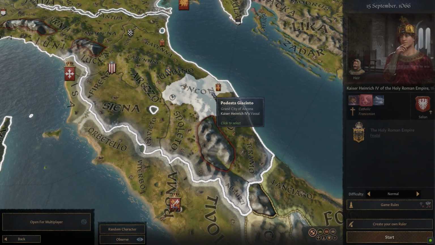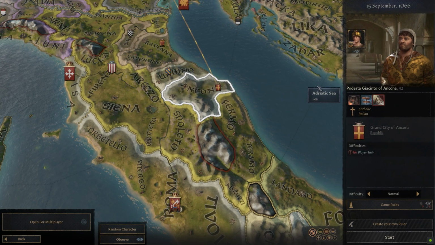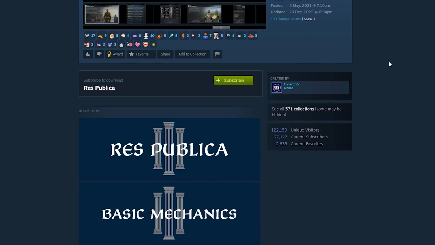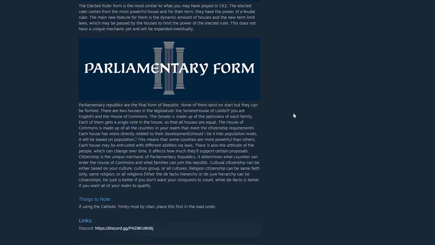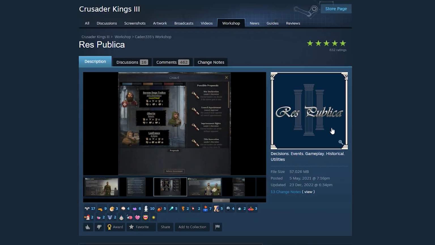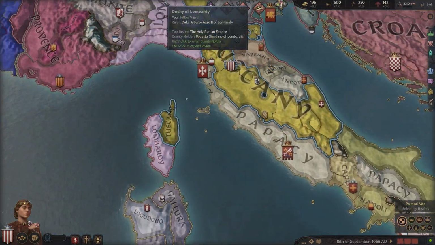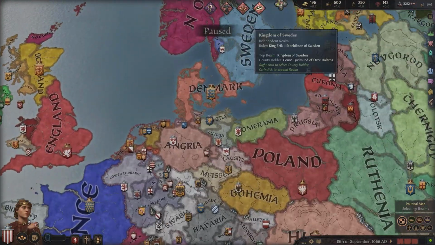Republics are currently unplayable, but we can expect that this will be updated in the future, giving us another excuse to give Paradox all our money. In the meantime, there is a fantastic mod known as Res Publica, which we will talk more about later. So in this video, we will cover republics and republicanism in Paradox's Crusader Kings in relation to how these concepts actually existed in high medieval Europe.